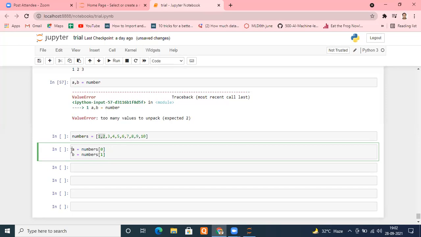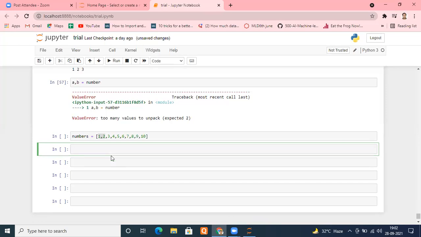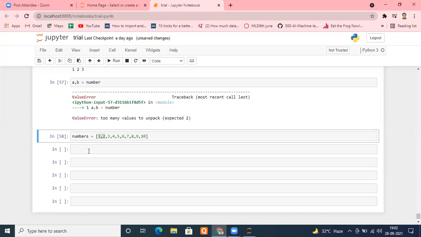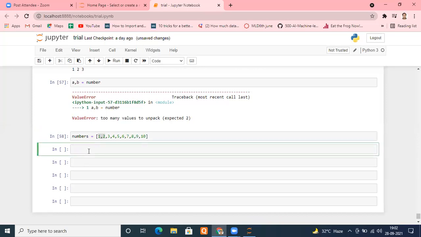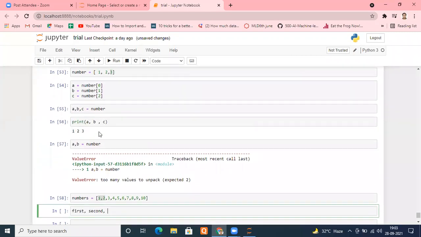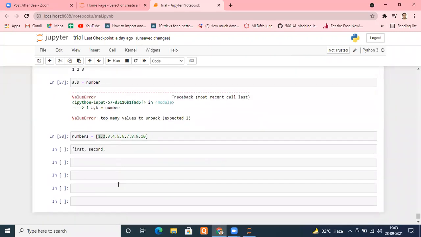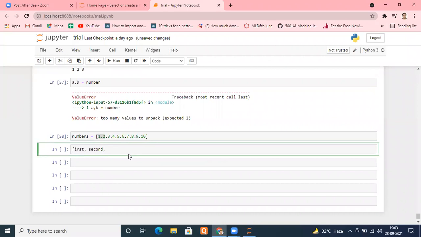But there is another way of dealing with that. So let me run this and see how we can do that. I'm using my first element, let's say the first variable is a. Second variable is named second. Now I'm not bothered about the others. I need just the first element and the second element. But I want to assign them in this way: a, b, c equal to numbers. So what I have to do after this comma is put a star, and suppose I'm typing others.